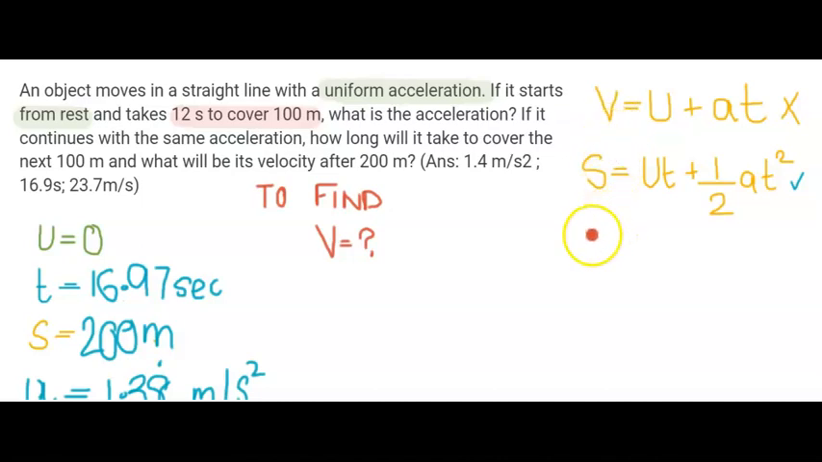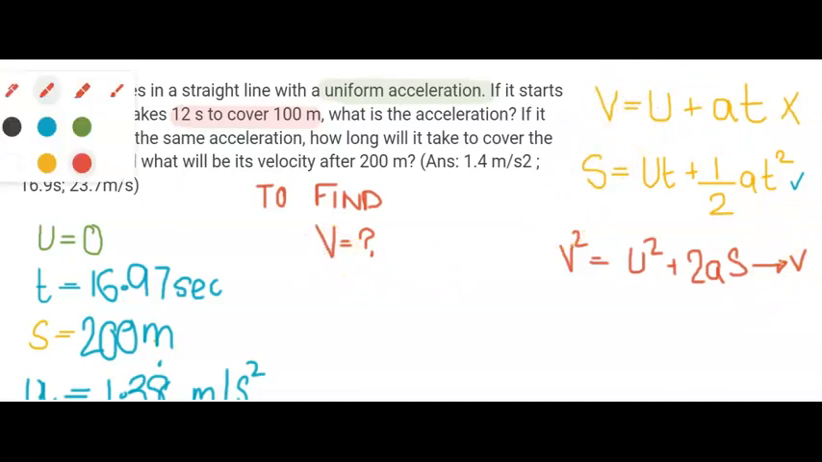I can use this equation as well: v square equals u square plus 2as. I can use that one as well. So whichever you want to do. Let's try the first equation, because this looks simpler. So I need to find the v. So v is